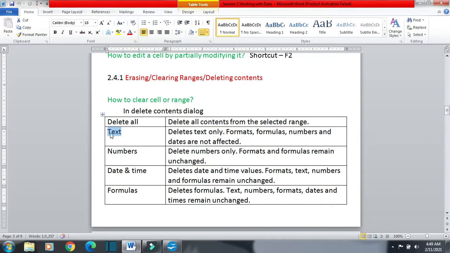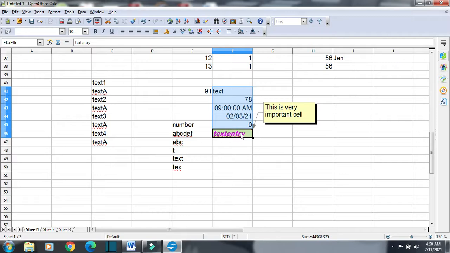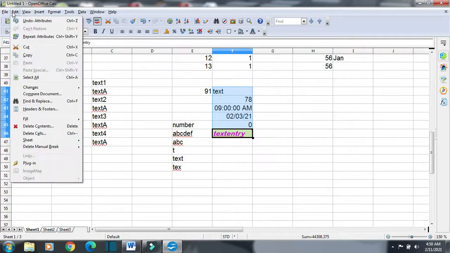So first we will see text. It will delete the text only. Other things, formats, formulas, numbers, everything will remain unaffected. So let us do this. Select this range, and then we will select only the text option. Instead of using the delete key, I can just click edit, and then select delete contents.